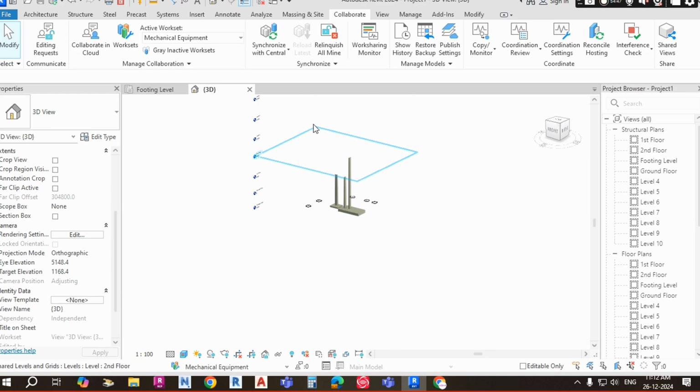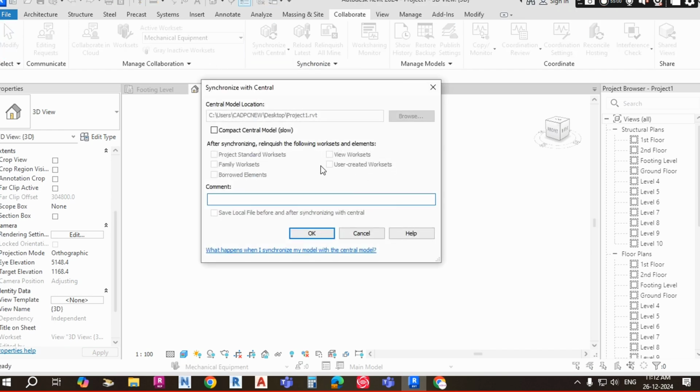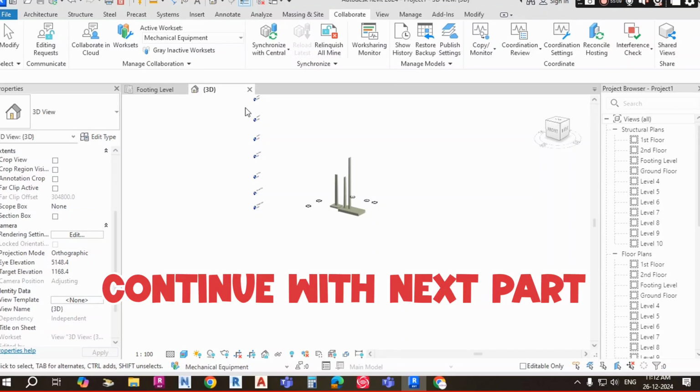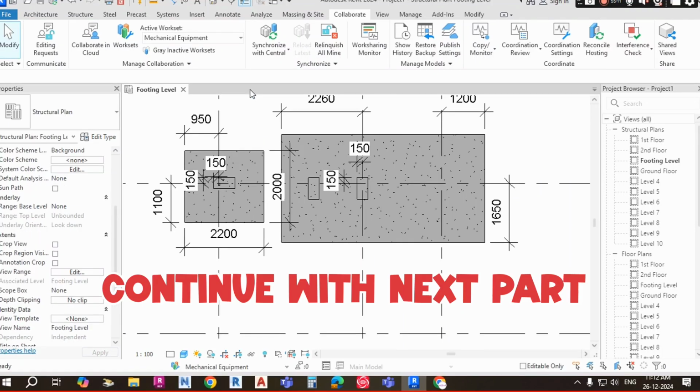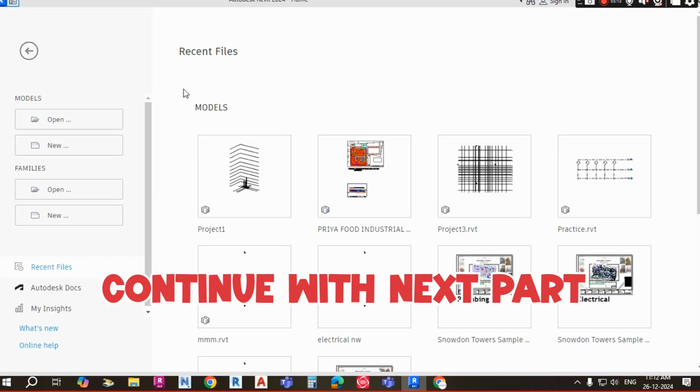After completion of your creation, you have to close the file. Always remember, when you are creating the central model from a local file, you have to close the file after completion of this synchronizing path and creation. In this menu you have to give the permission. Now you can see I have already given it, so this menu is not highlighting because the permission has already passed. So now you have to close the file, you have to close fully all the files, total Revit you have